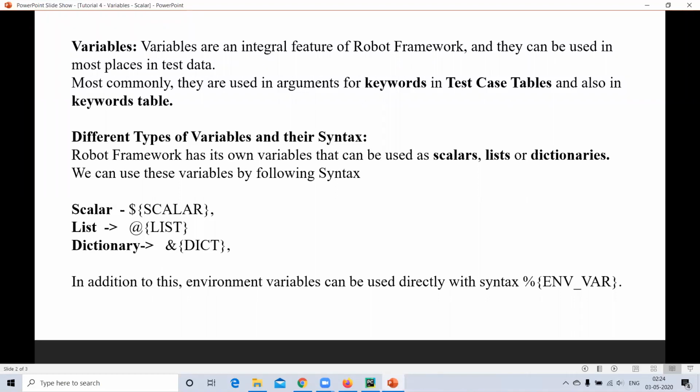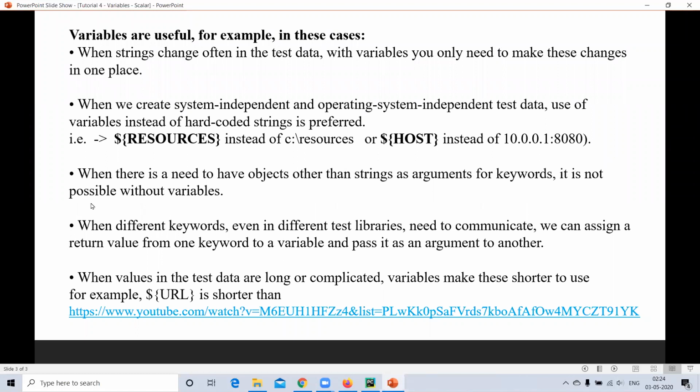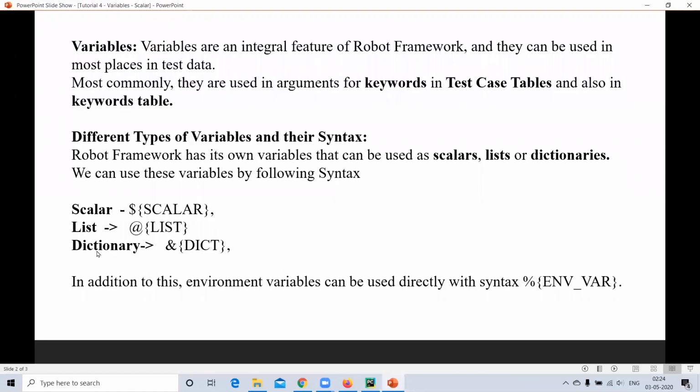We can use these variables by following this syntax. A scalar starts with a dollar sign and is enclosed in curly braces. You can see it like this. And similarly, a list starts with @ and is enclosed in curly braces.